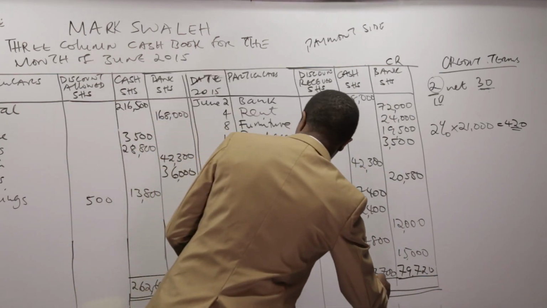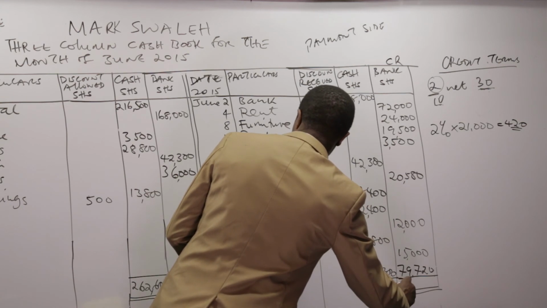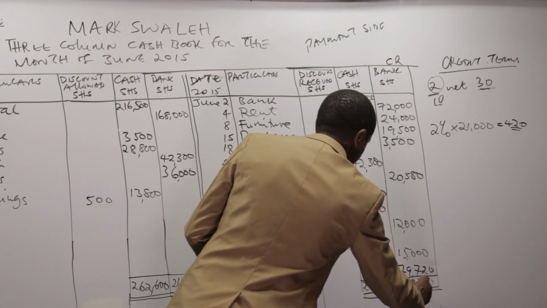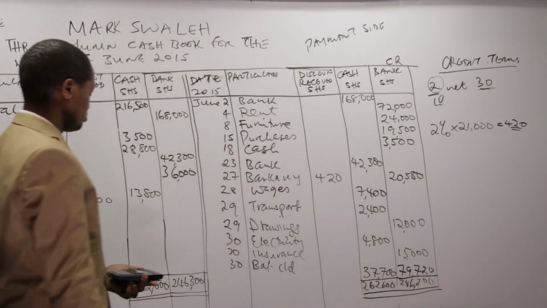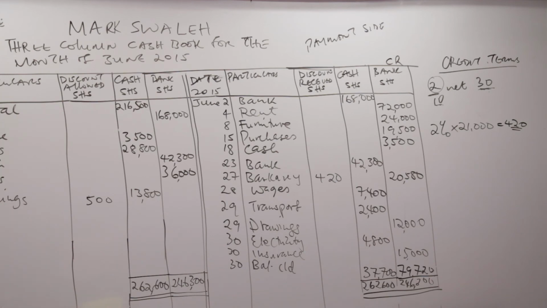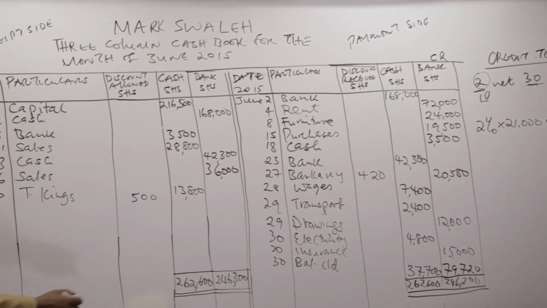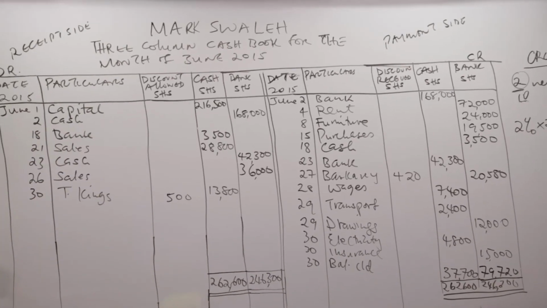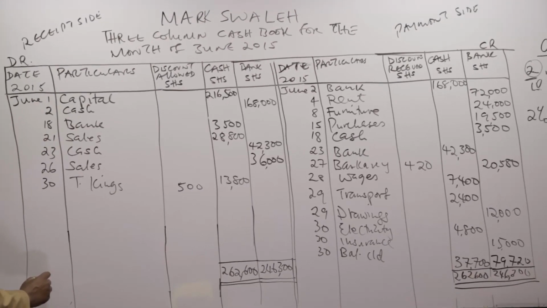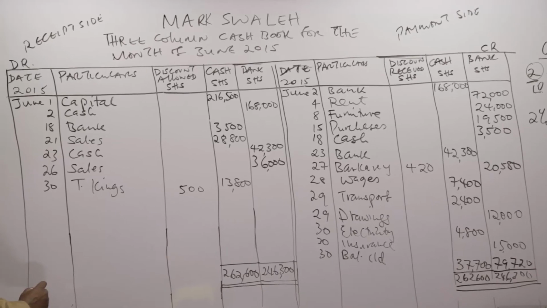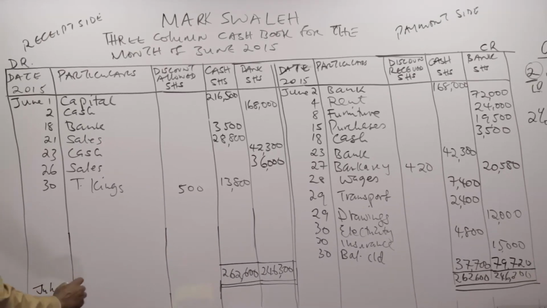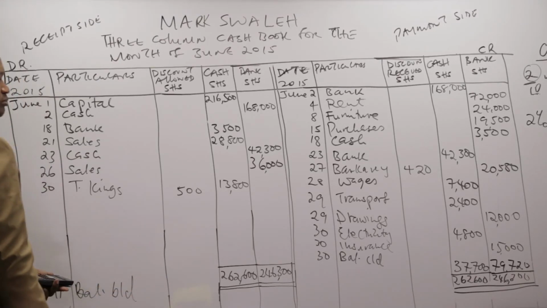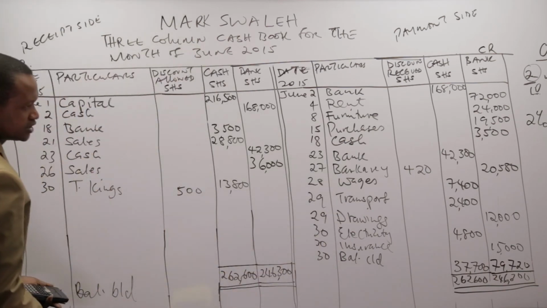This is 262,600, 246,300. So we are expected to bring down the balances. So we bring down the balances here. Bringing down the balance, that is on July 1. July 1, balance brought down. Balance brought down will be the balance carried down at the end, which is 37,700,